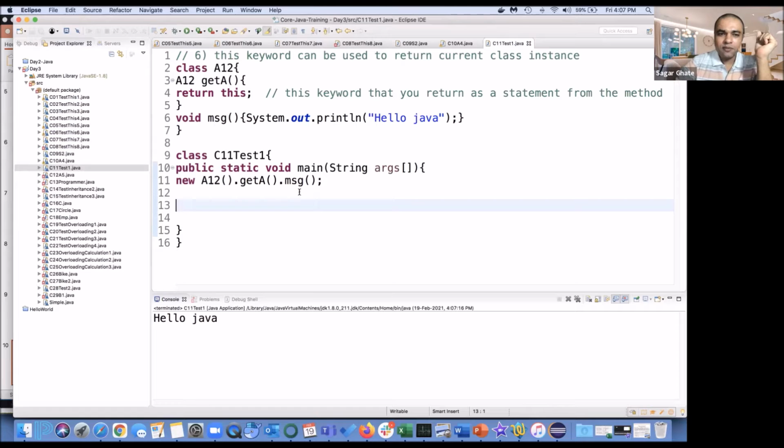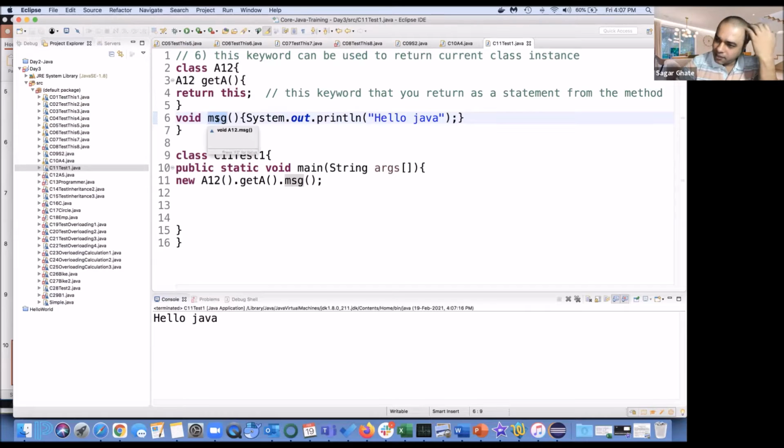So execution-wise, when we executed this, it went to getA, and it returned the type of A, which means again the current object. So what was the current object? The current object was this anonymous object. If the current object is a1, a2, or e1, e2, it will return that object. And from that object, I can access any member of the class.